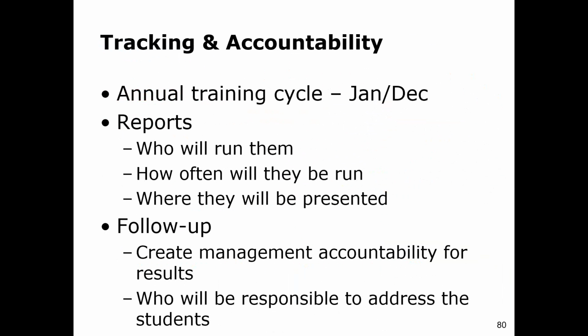Tracking and accountability. Now, we need to talk about how we are going to know if our program is growing and providing the results. One of the things that you should do when you're planning your training program is have a conversation with your department heads and with your associates. Find out which areas they have input on, what areas are important to them, where they are having problems. As a manager or owner of a store, you know what the main issues are, and